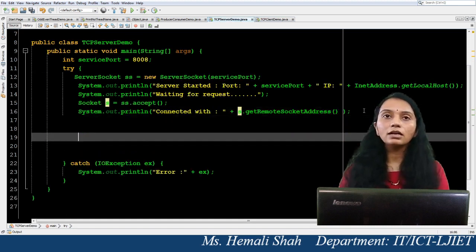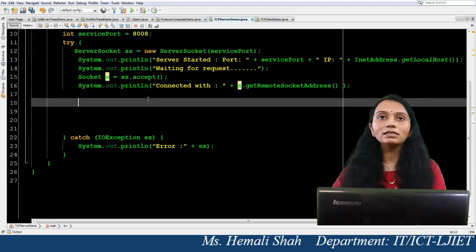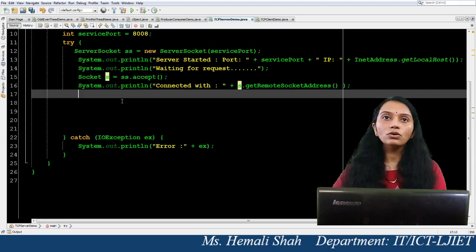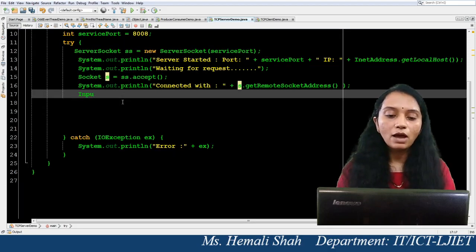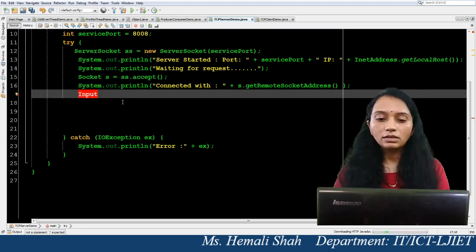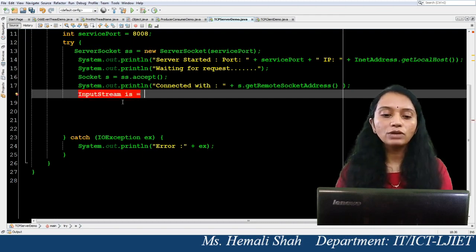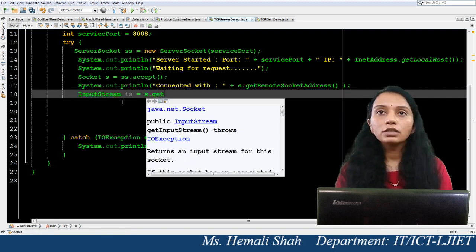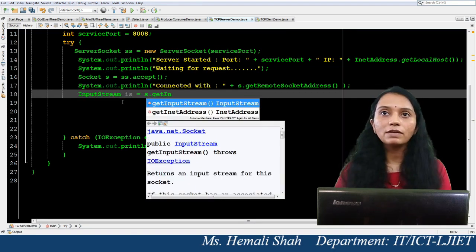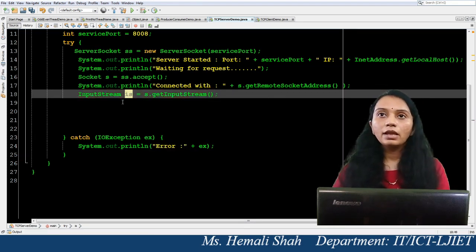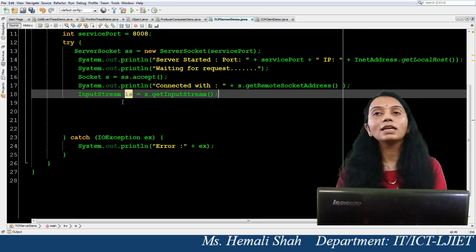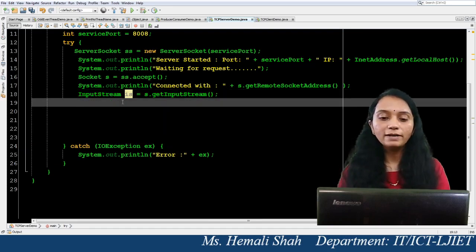Now after making the connection, if you want to read and write something, you just need to use the input stream and output stream objects. This input stream is used to read from a socket, and the output stream is used to write in a socket, but you just need to get them from the socket only. In both the programs you have the object of socket. In the client you have created the socket object, in the server you have the socket object that is returned from the accept function, right?